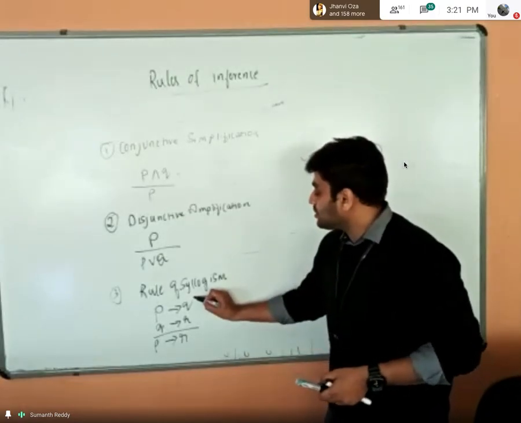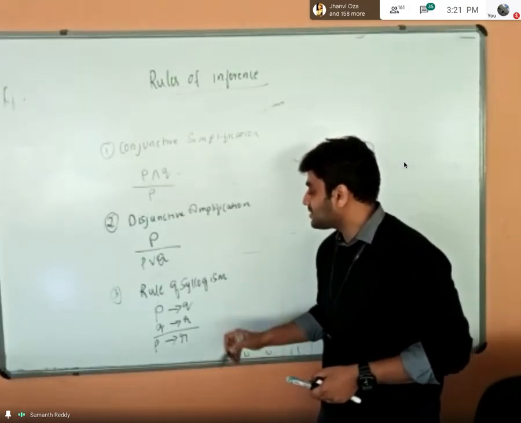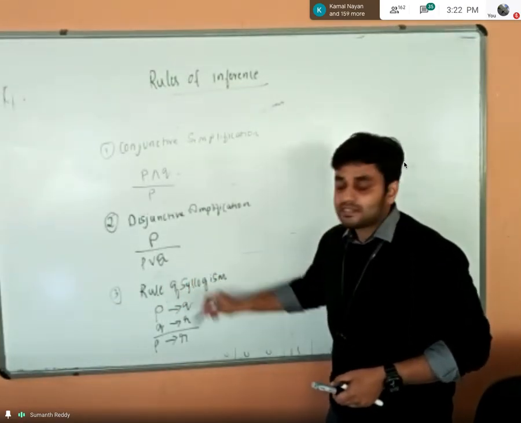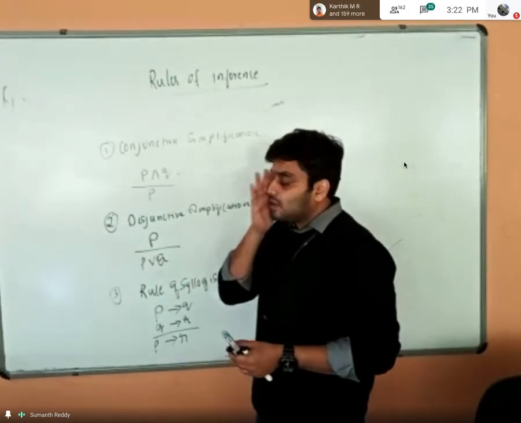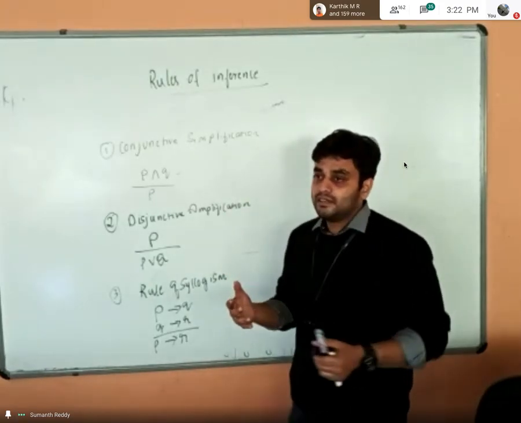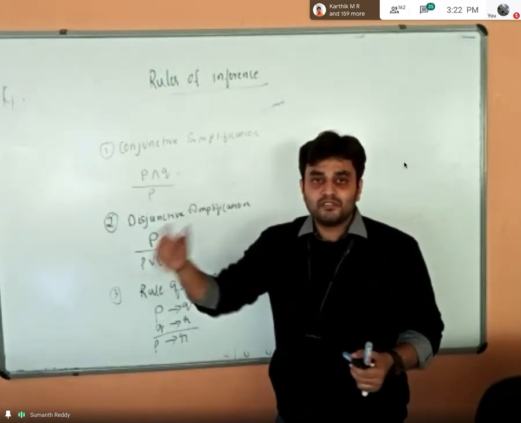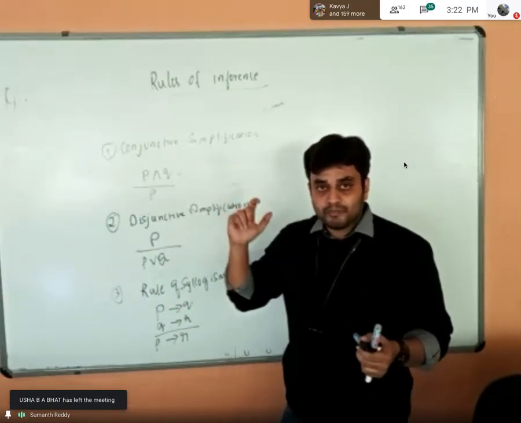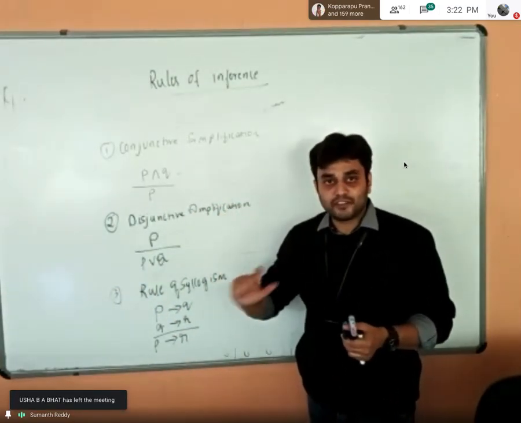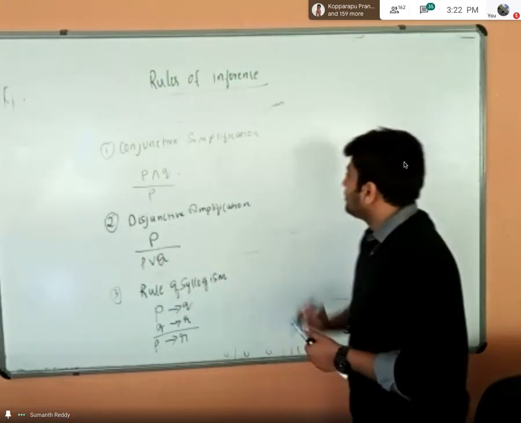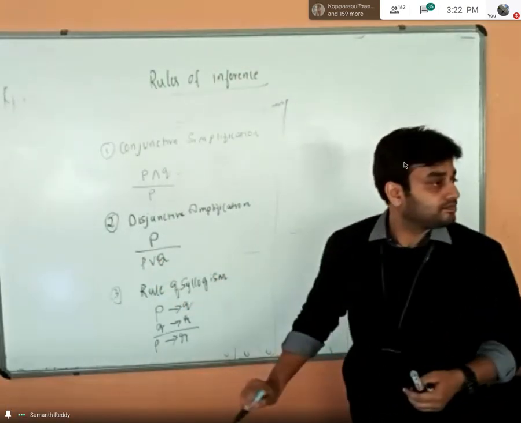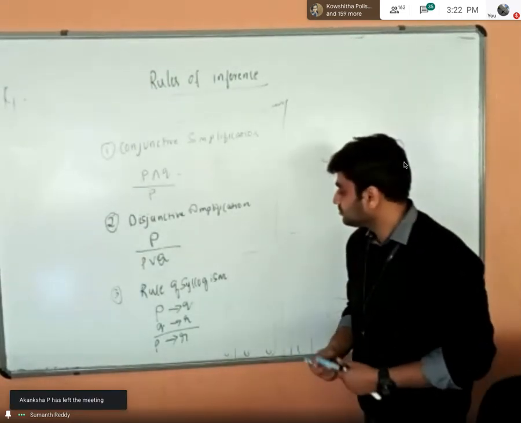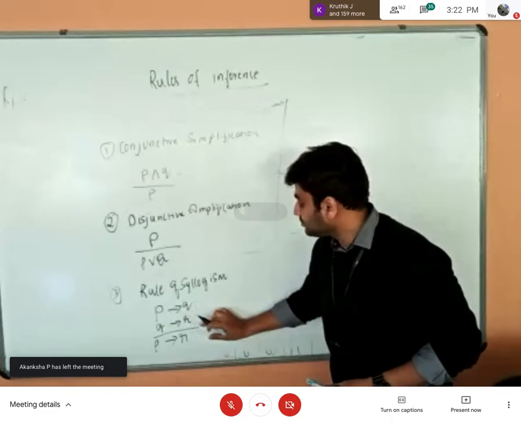There we have seen the truth values also. So in simple words, the rule of syllogism tells that if P implies Q is true and if Q implies R is true, then P implies R will also be true. One example: Anil is my friend, Anil will tell that Srinidhi is his friend, and now I can tell that P implies R, that is I'm a friend of Srinidhi also. P implies Q, Q implies R.